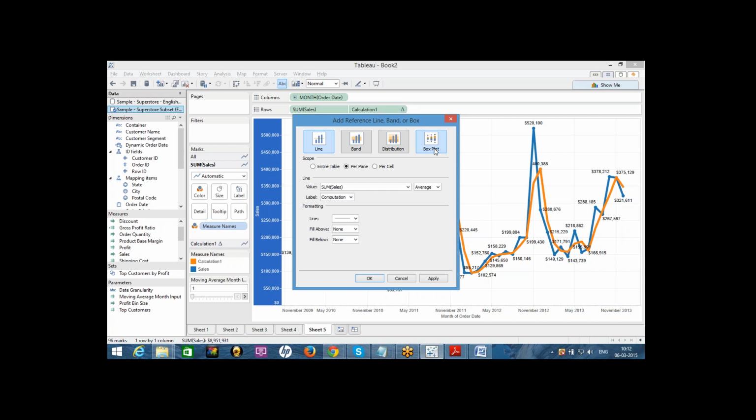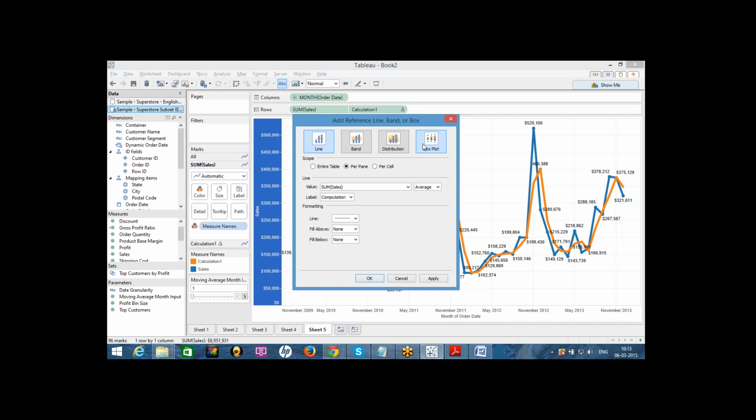Now Tableau gave a default option so you can create a box plot in half an hour to 1 hour. That's why they keep adding so many things.